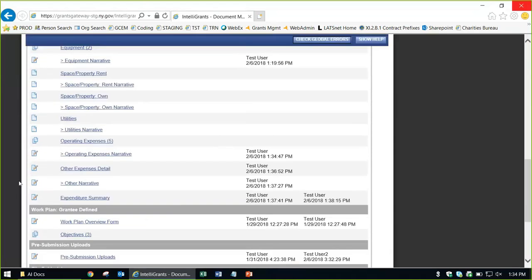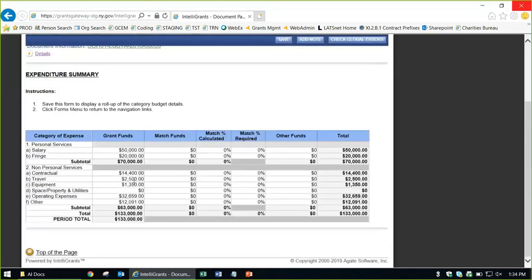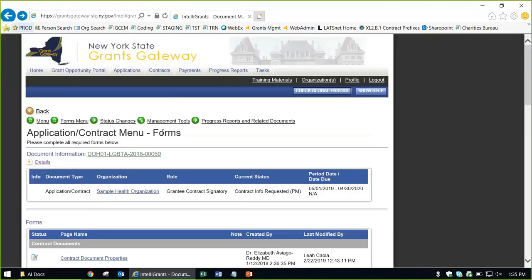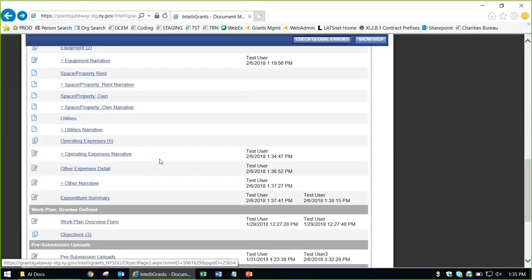So in our budget in this case, there's no errors. And you would look, first of all, here at expenditure summary if there was an error. And the error would be this. So I've clicked on expenditure summary. The error would be if our total does not match the period total. So period total is what was awarded to our contract for the year, and total is what our budget adds up to right now. So if I went back to my budget, and let's just say I'm going to add